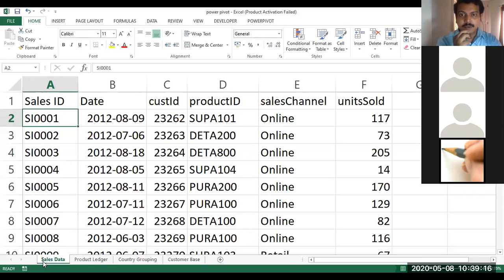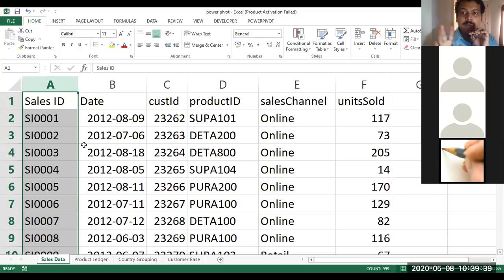Now here, if you come to the sales table, the first table, I told you sales ID is the primary key. Now we have three qualifiers which will qualify a field as a primary key. What are those? It should not have a zero. It should not have a blank value. It should have a unique value, that should not be duplicates. If it meets these three conditions, it becomes a primary key.